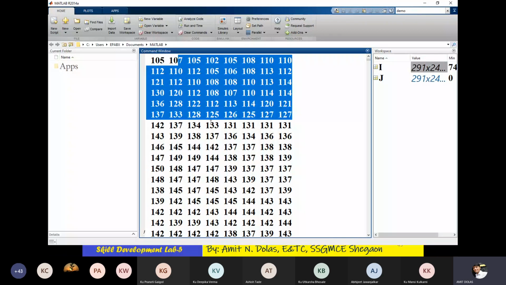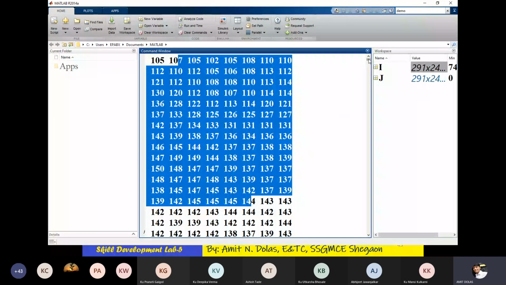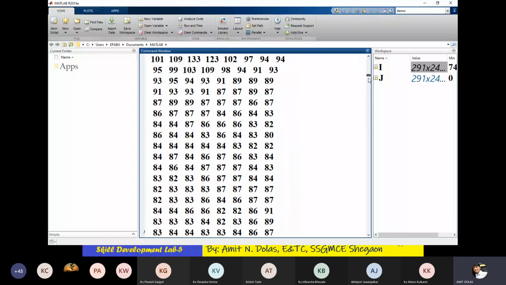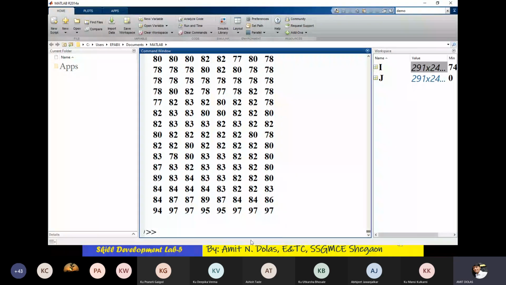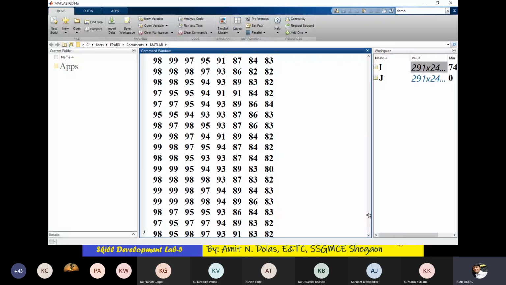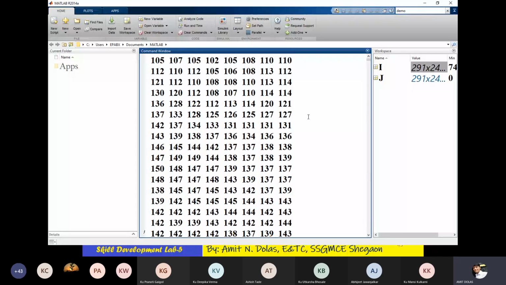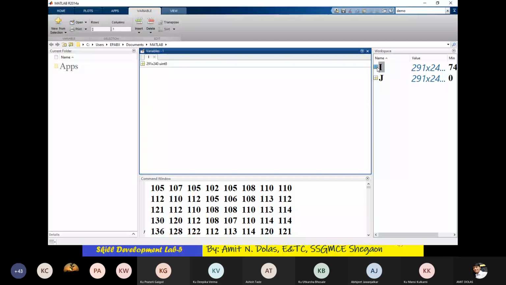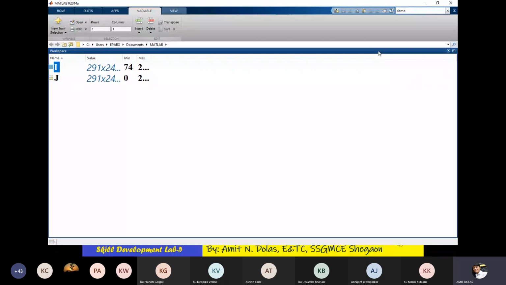Whatever we did here is in the command window. It will show you the command history. The next command can be written here. You might be aware of MATLAB because you went through SDL 3 and 4. Then this I image is in the workspace here.